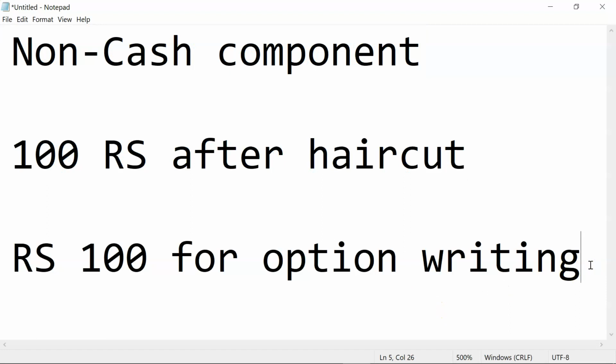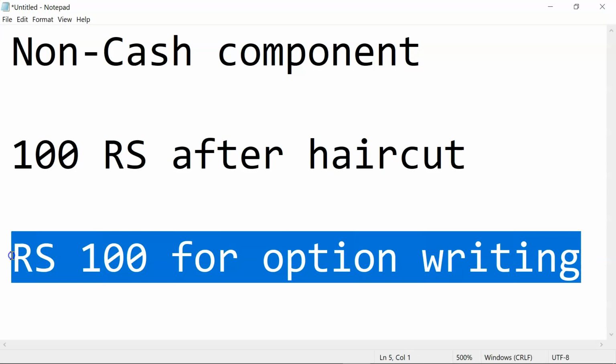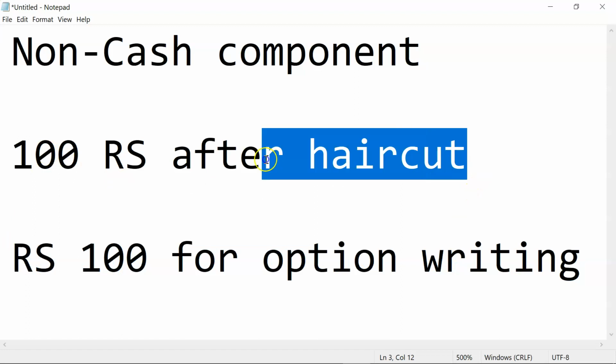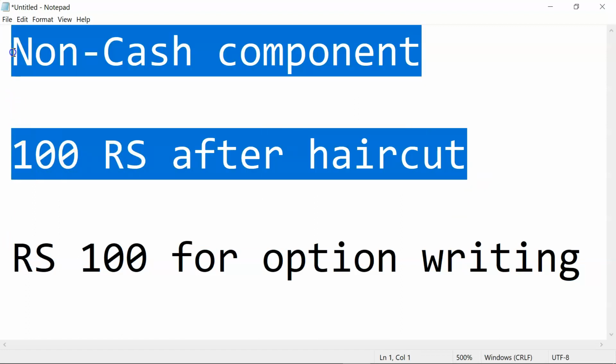Repeat, you want to sell some options or do some intraday trading for which you need some margin amount, say you need 100 rupees for that option writing process. To sell that call option or put option, or to sell Nifty or Bank Nifty you need 100 rupees. You can't get the entire 100 rupees margin that you got after haircut from non-cash component.